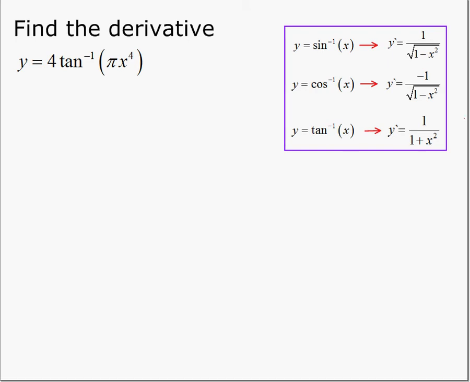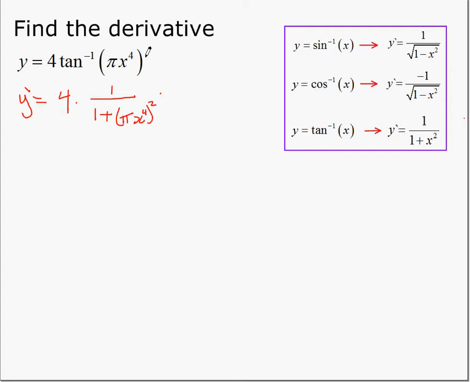The following is an example of finding the derivative using inverse tan. So we're going to apply the rule here. The derivative of inverse tan is 1 over 1 plus x squared. So the derivative then, the constant stays. Inverse tan is 1 over 1 plus this part all squared, so pi x to the 4 squared, multiplied by